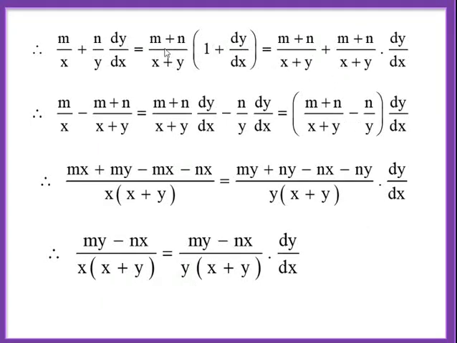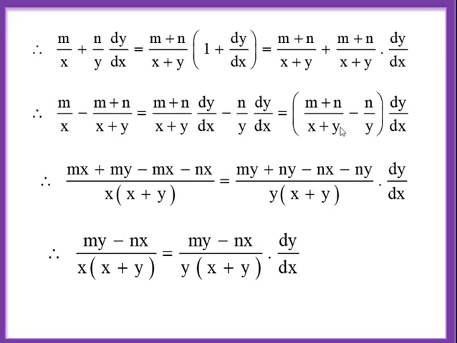Now here open the bracket. So (m plus n) upon (x plus y) plus (m plus n) upon (x plus y) dy/dx. Actually here the derivative part is over. You have to rearrange the terms. Collect terms in dy/dx on one side and remaining terms on the other side. See, m upon x minus (m plus n) upon (x plus y) equal to, I have collected terms in dy/dx on the right hand side.